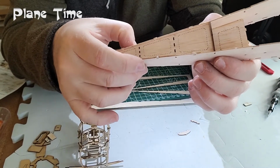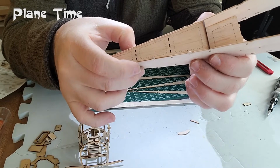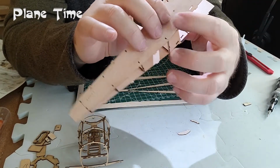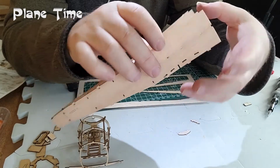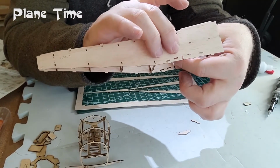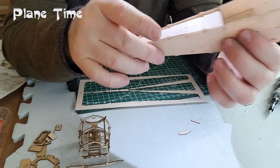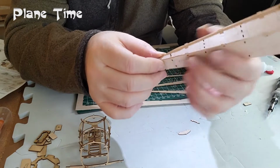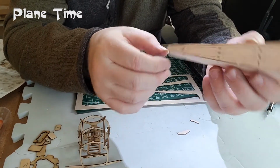So that's all lined up nicely there. Just get the last piece here, the last tag on the side of that A piece, slipping into the side of E, and there we've got the whole fuselage. So I am going to glue now, I think,